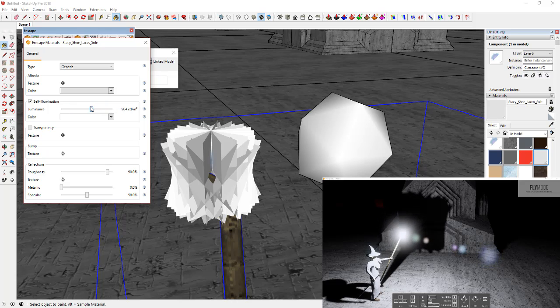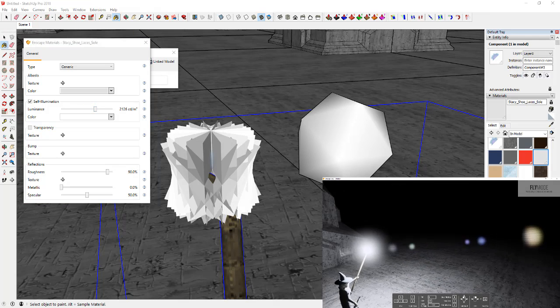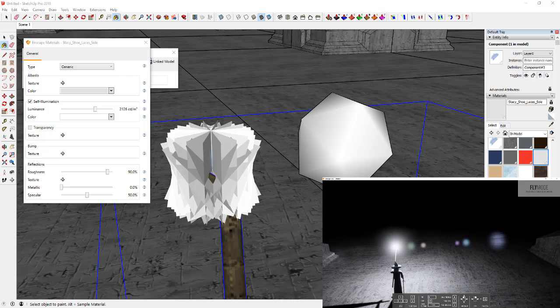You can see I can use this to kind of light my model and to kind of create that effect inside of Enscape. So now, if I fly back a little bit,